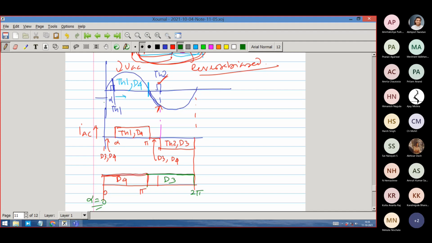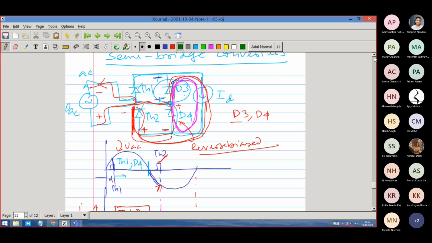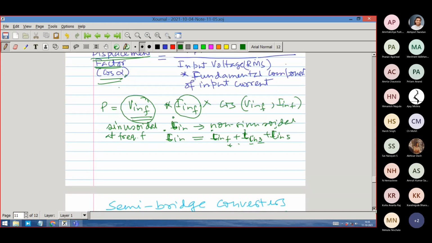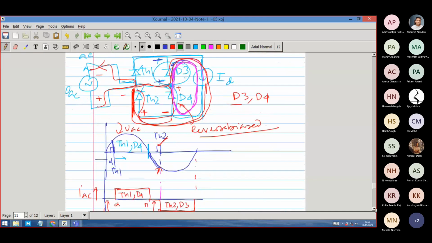And it is commonsensical, right? A diode has no gate, so it will not depend on anything, it will only depend on the circuit condition, and the circuit condition says that you are getting forward biased at 0 degree of the supply voltage. So as if it is fired at 0 degree. So it will maintain this kind of characteristics.